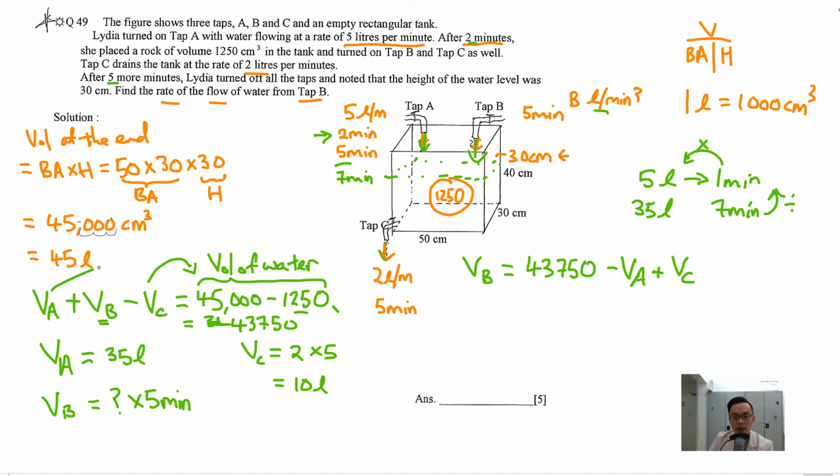I need to move my A over, which is plus becomes minus. So it becomes minus volume of A plus volume of C equals to